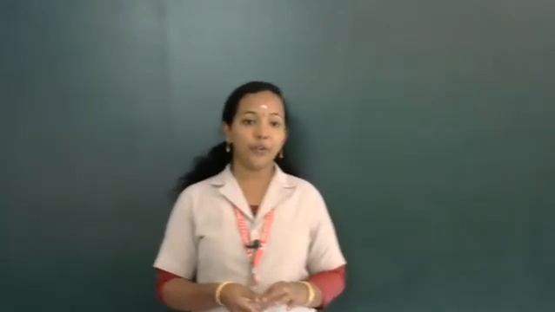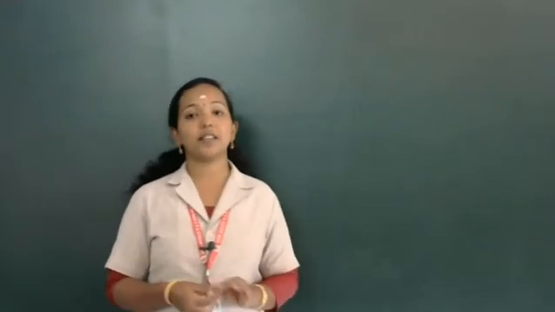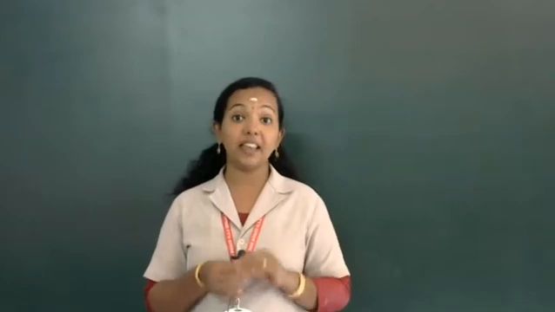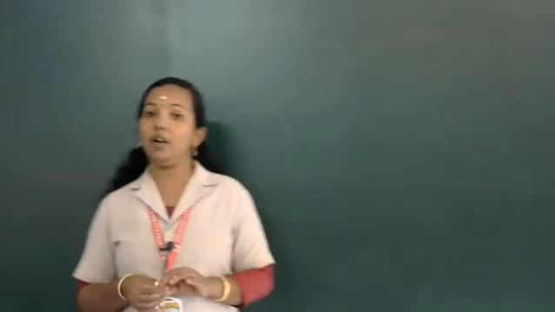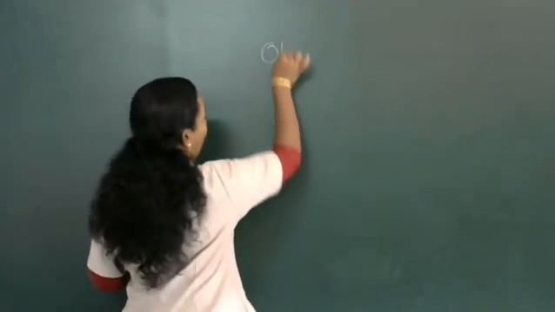In this video we are going to discuss a basic logic gate, the OR gate. We will cover what we use the OR operation for, the circuit diagram and logic gate of the OR operation, and the truth table for the OR operation. These three things we are going to discuss in this video. It's a very important topic, the OR gate, one of the first basic gates in Boolean algebra. So our topic is the OR gate.